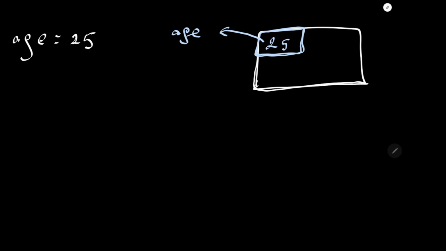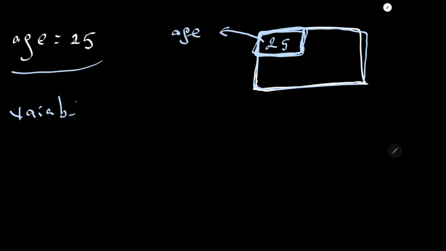So when we create a variable, it uses some place in RAM and gives a name to this area. And the name of this area will be our variable name,